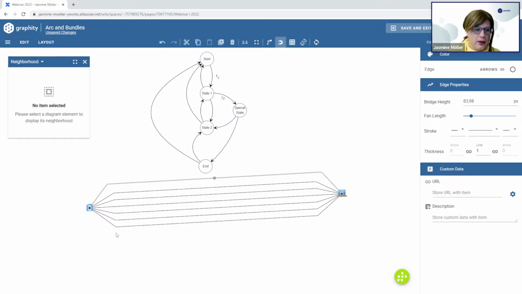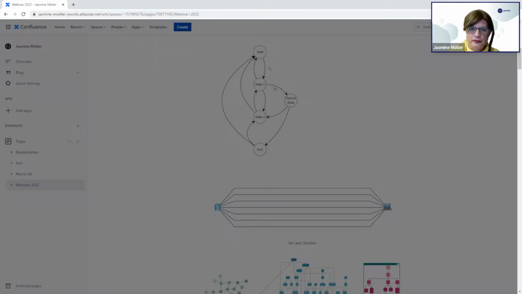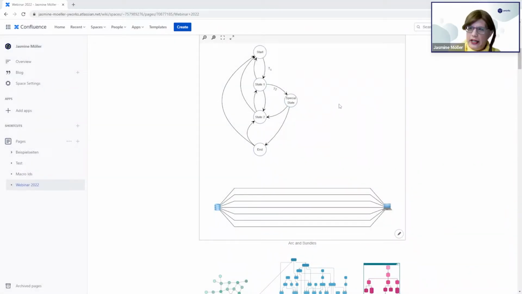And so this is especially useful if you have a lot of parallel connections. This was something that was basically impossible to achieve with any of the existing layout algorithms so far, and also very cumbersome to create with the polylines. Okay,